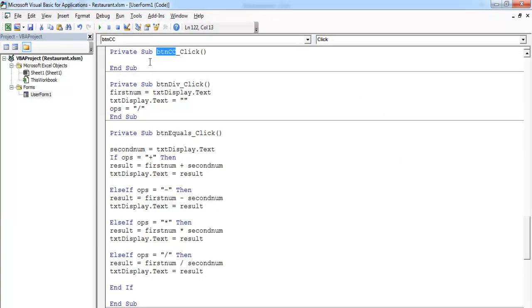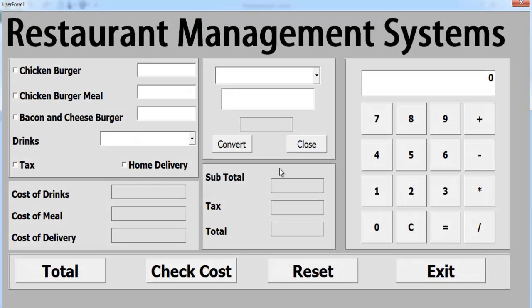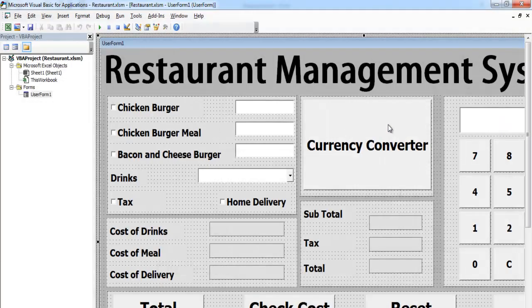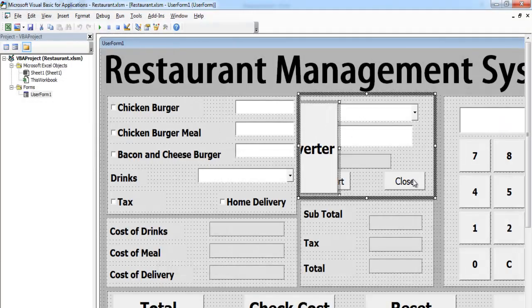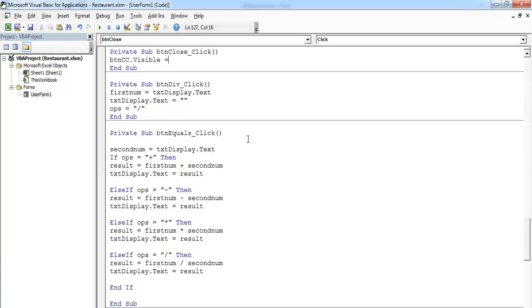So we want to be able to make that visible equals false anytime you click on it, so that you can get to the other part of the program. So let's copy it. If I run it now, what will happen is, click on that, it becomes invisible. When I click on this close, I want that very button to become visible again. So let's go in there and just drag this aside, double click on that very button, paste that in there